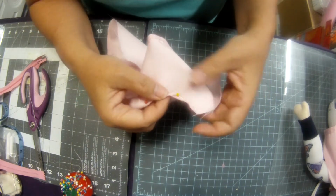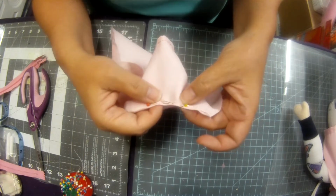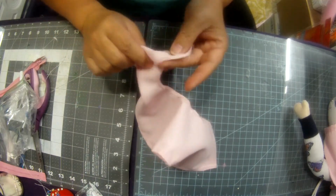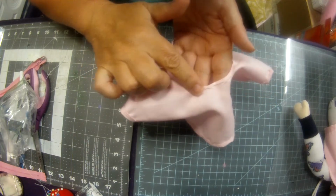Alright, so I don't normally pin all the way across because I'm making such a tiny hemline. I am going to be adjusting it as I sew. Alright, so the neck seam has been sewn, but because it was such a close seam, this will fray for